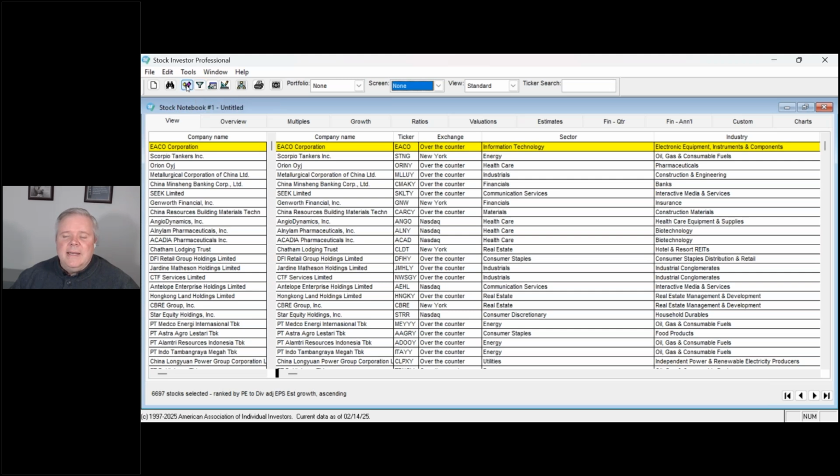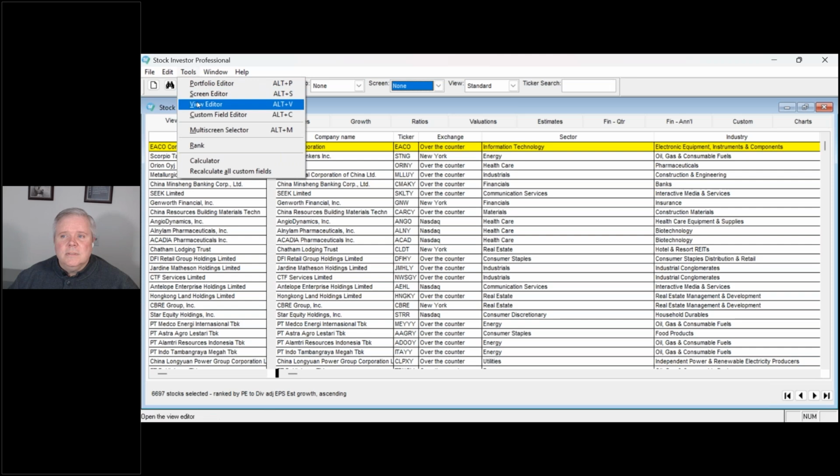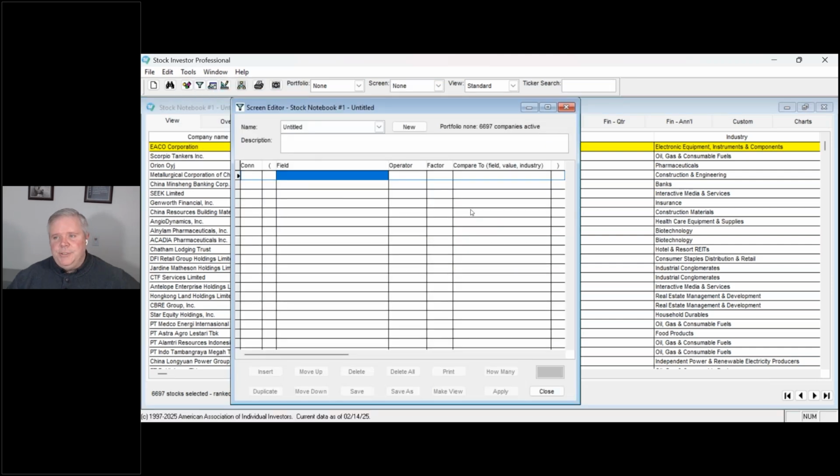On the toolbar, you have this little filter icon that we use to indicate the screen editor, or you also have the Tools, Screen Editor menu to choose from. And this brings up the screen editor. This is where you can enter the criteria that make up the screen that you want to run. In this instance, we're going to just create a very quick screen, mainly to show you